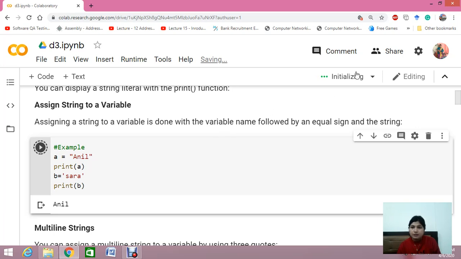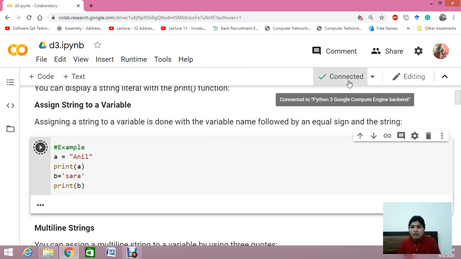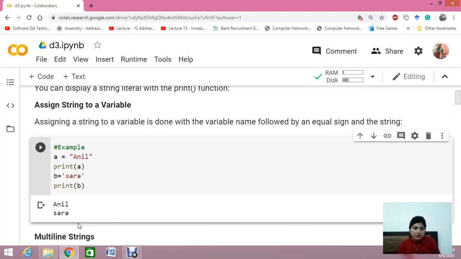It's taking time because we have not yet been given any compute engine on the cloud. Okay, now the system is assigned and we can see the